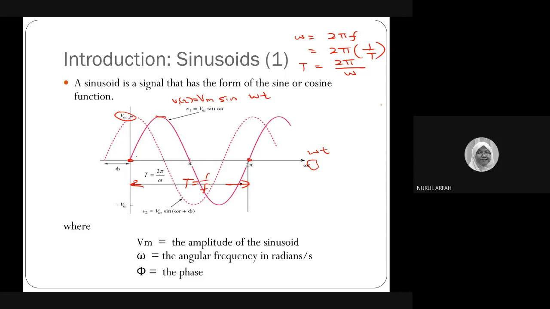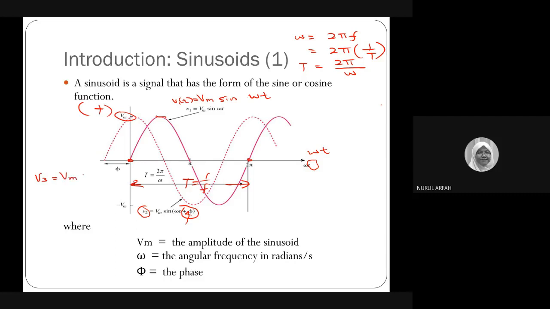Okay, so what if you have another signal which has some phase, something like V2 here, which has plus some phase, and the theta here is a phase. Okay, and if you have a plus sign of plus theta like this, then you should know that the signal should start from the left side of the graph here. This one is plus, and if you have another signal, maybe V3,